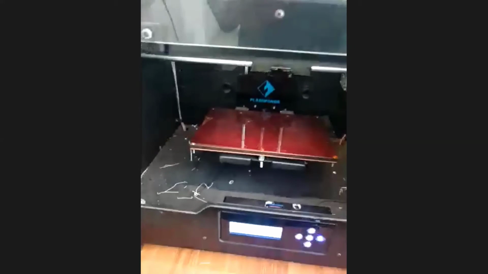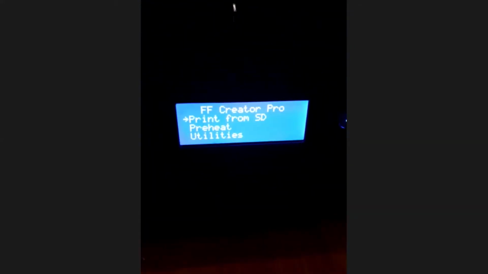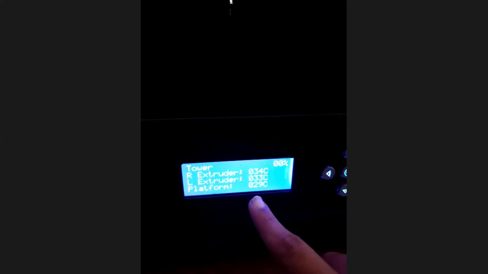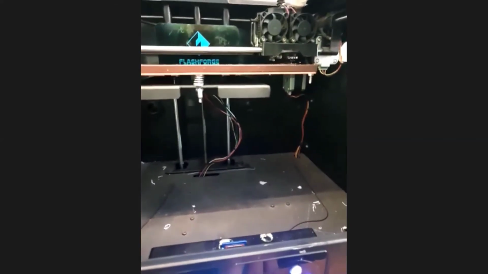Once all these things are ready, we can go on to our printer and give it the command to print the tower. The moment I do that, you will find that it will first place the platform in position. Each printer has something called a home position. So it places itself at the home and then it starts heating up. In this case, it is going to first heat the platform and then it will heat the extruder as I had given it instructions. Now this can take quite some time.